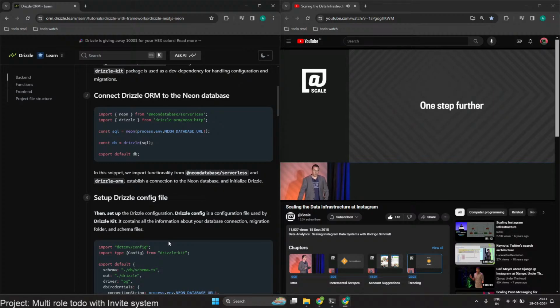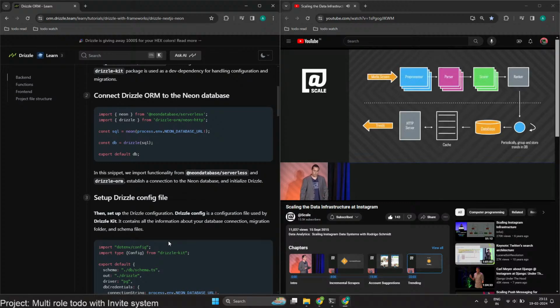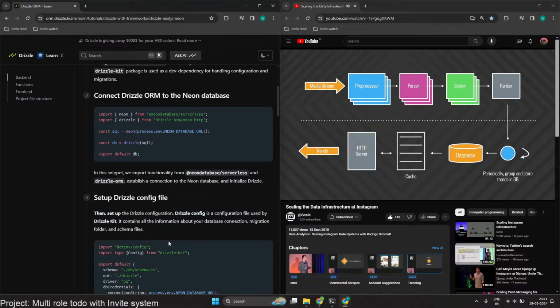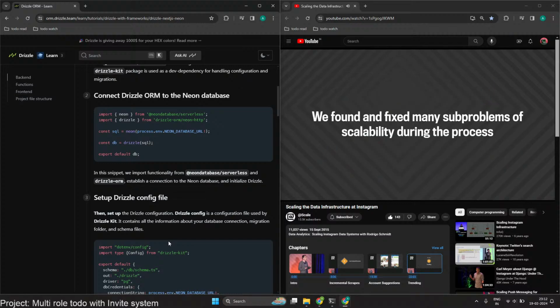Now, if you go one step further, you might be wondering, is that all for trending? No, there's more to that. Just to give you an idea that no problem is as simple as it might look. Even after you are ranking, you still have to serve that data back to the user. And there's another subsystem that does that. Periodically, we are grouping those hashtags and storing them in a database. And since this information is highly cacheable because it doesn't change within 30 minutes of being updated, we also store it in a cache that is then served by our HTTP servers. So this is how trending works.